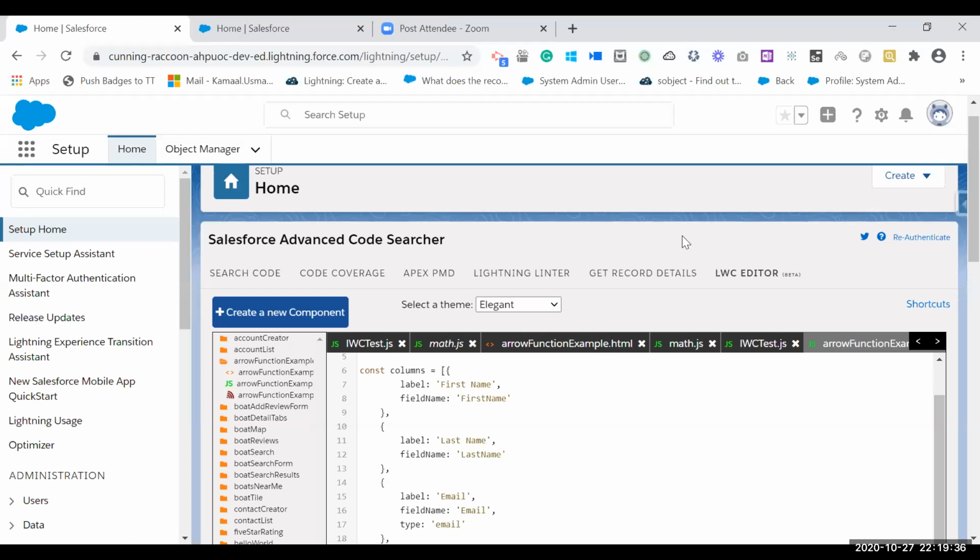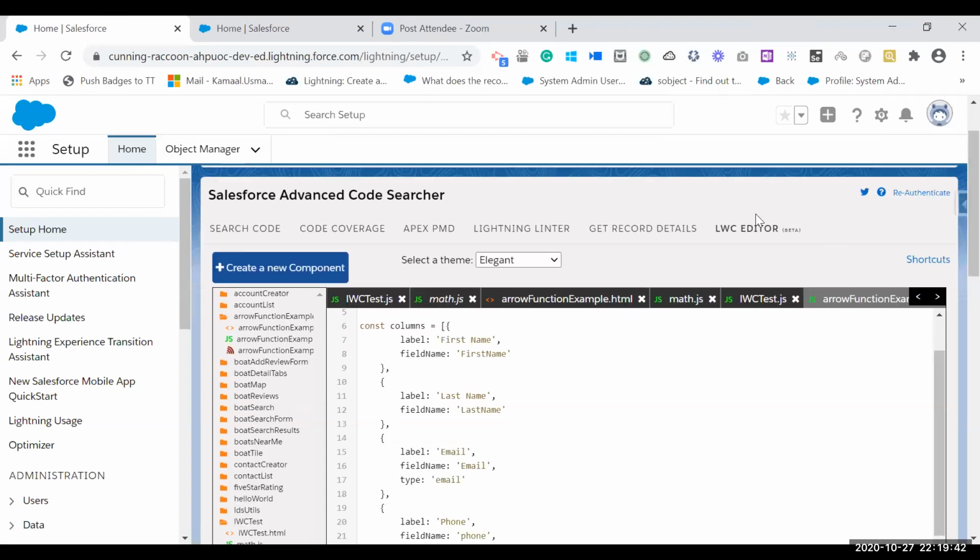Hi Kamal, Anuj here. Hello. Yes, Anuj. I just wanted to know what are the key advantages of using an arrow function over a function related to performance? Okay. So the first point is that it will reduce our number of lines of code. The second thing is that if we have some scope issues, just like I have shown in LWC, we can replace with arrow functions. So these are the main advantages.